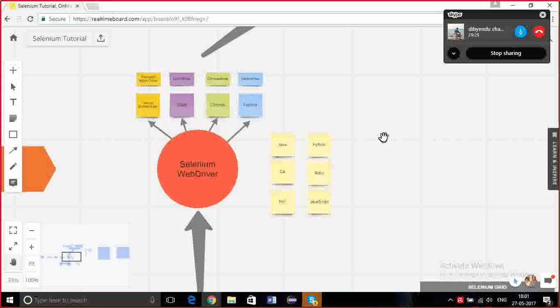But in the backend they still use the Selenium WebDriver library, and in our company we have another team which uses this Robo library. There are two teams: one team which develops the backend library, and obviously